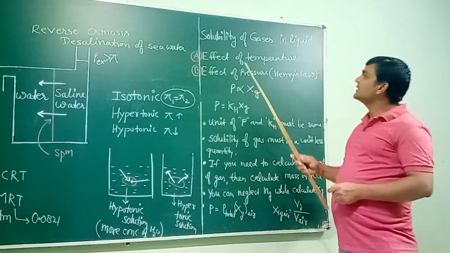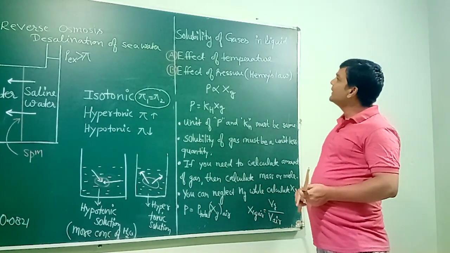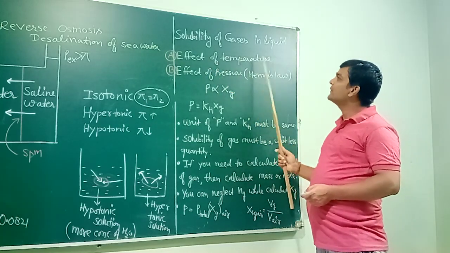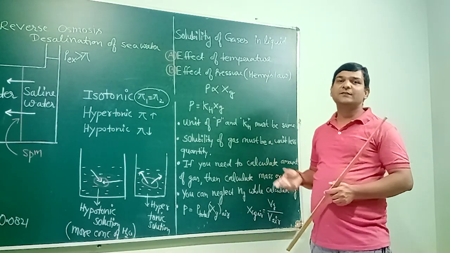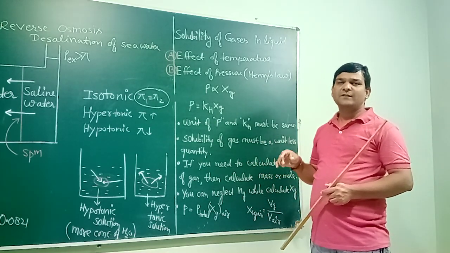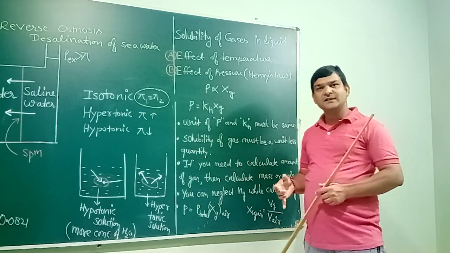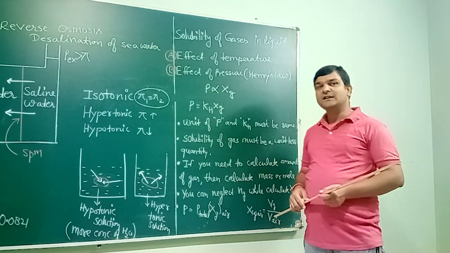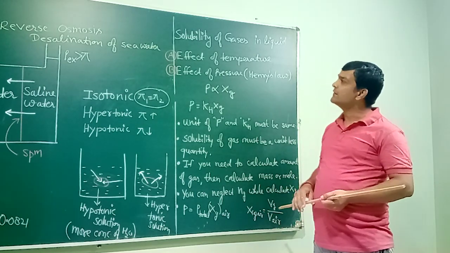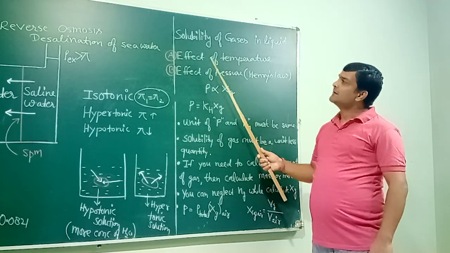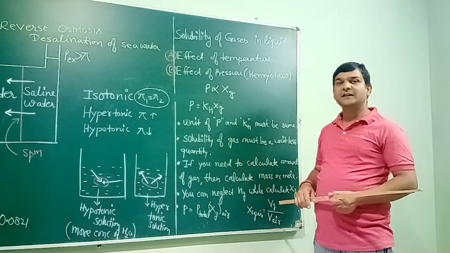Now the second last topic of this chapter is solubility of gas in liquid. There are two factors which can affect the solubility of gas in liquid. First, it is the effect of temperature. I hope you have observed in day-to-day life that when you boil water and after you cool it down and taste it, it looks like tasteless water. The reason is that when we increase the temperature of water, the solubility of gas decreases in the water. In fact, it decreases in any possible liquid. So first is the effect of temperature. This gives us an idea that the solubility of gas decreases on increasing temperature.